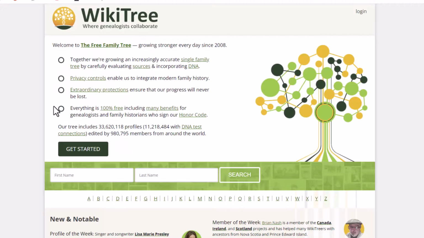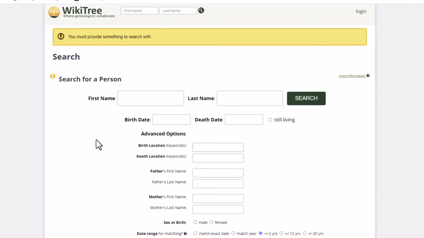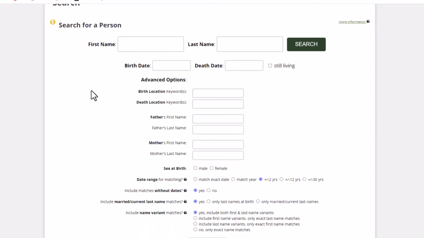Sure. If you go ahead and just try a search, and like you said, on wikitree.com, you'll see it right there. If you don't enter anything, if you just click the search button, you would be taken to the search page that has more advanced options on it and has all kinds of help links. And if you're looking for somebody and you can't find them, or you're unclear on how to use the search engine, click over to the forum and just ask. Excellent. I just did it now. Just click the search button, and that did bring us to a form. So there's a lot more options than just what appears on the homepage.